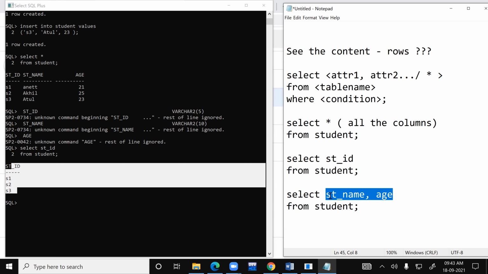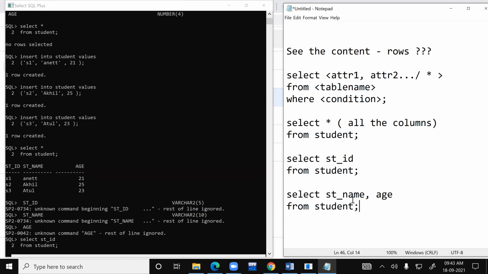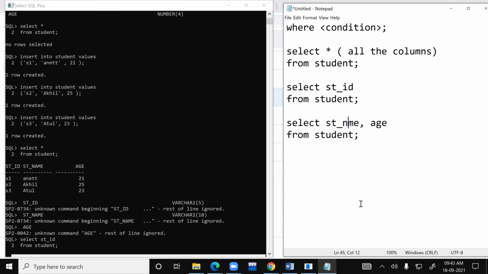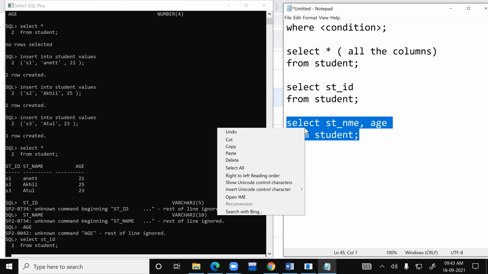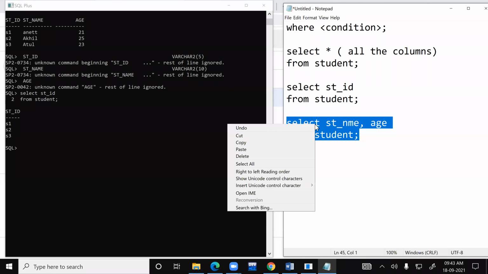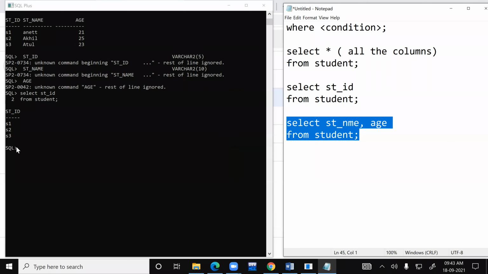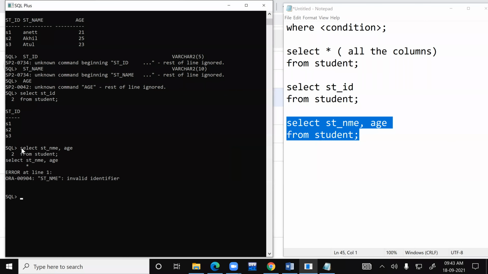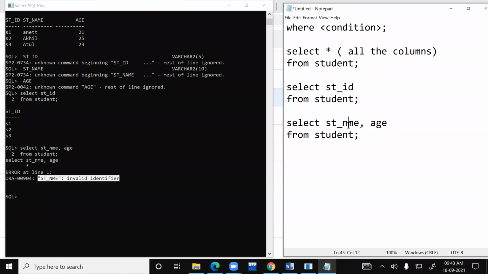Mind you, when you write these column names, table names and all, it should be exactly the same as the structure. Like here if you give NME, you will get an error. It should be just as you have it. Imagine I do this. I will get an error because they are not able to identify NME.